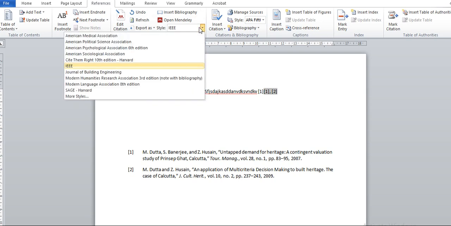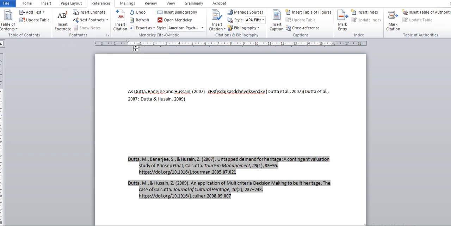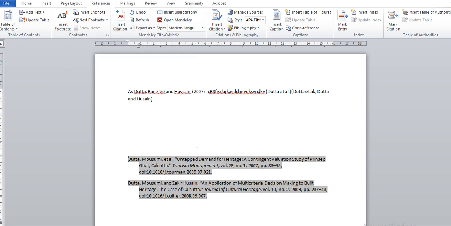So there are other styles also. If you see, there is MLA style. If I click on MLA, look at this. There will be a slight change. If you see, this is APA where the year is here. When I do MLA, you see the year has actually moved, right? The year of publication is moved here. If you see, it's here. So that is what I was talking about earlier. Basically the sequence changes.